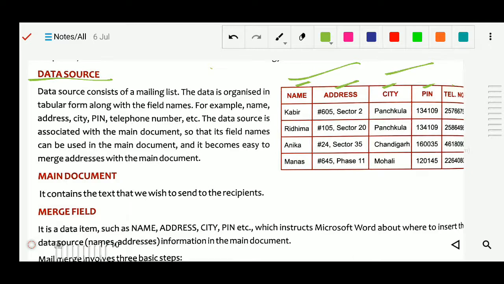Main document contains the text that we wish to send to the recipients. Here this one is the main document, it is your letter actually. This is your letter or text where you are writing the main sheet where you have written all the details, like a letter.